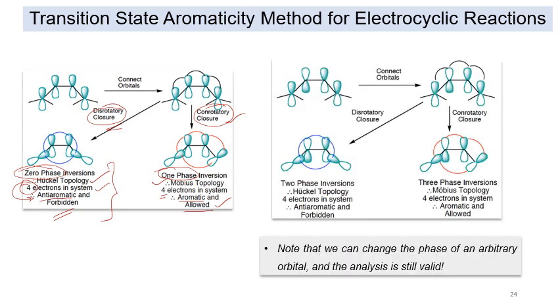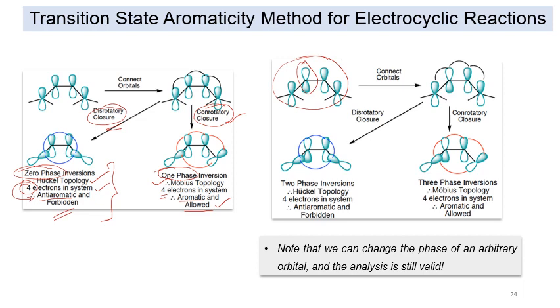If we just change arbitrarily one of the orbitals, the analysis will still be valid. And this is what we had mentioned on the previous slide also. Let's consider the same system once again with a different set of orbitals. Okay, so you see here we have just arbitrarily inverted one of the orbitals. Alright,